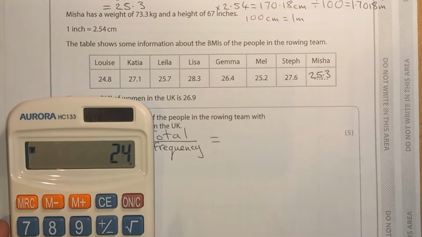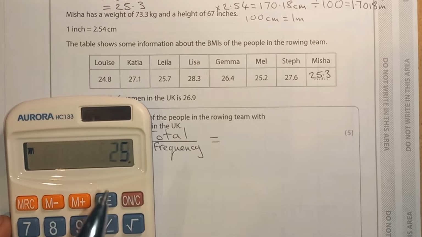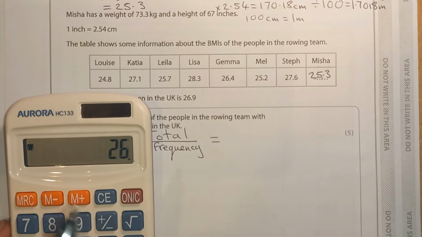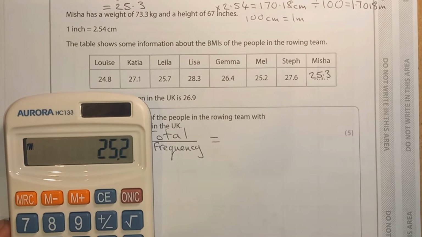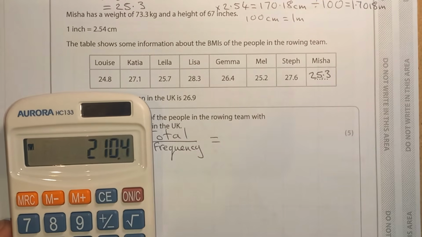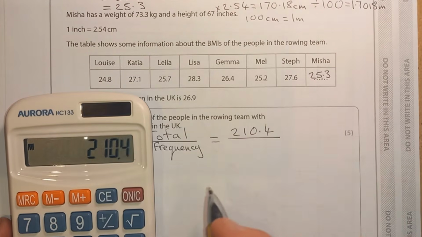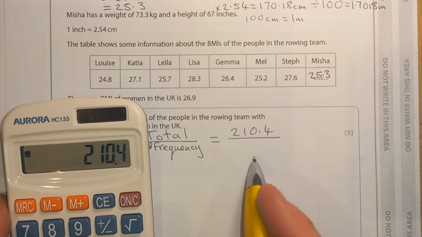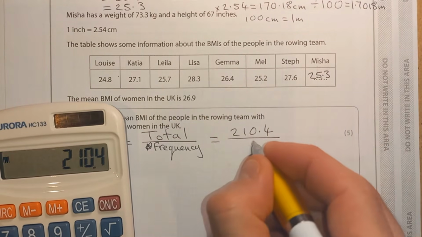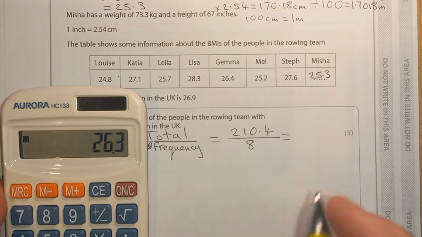So we've got 24.8 plus 27.1 plus 25.7 plus 28.3 plus 26.4 plus 25.2 plus 27.6 plus 25.3 gives us a total of 210.4. And we want to divide that by the frequency. Well, we've got 1, 2, 3, 4, 5, 6, 7, 8. So 210.4 divided by 8 gives us